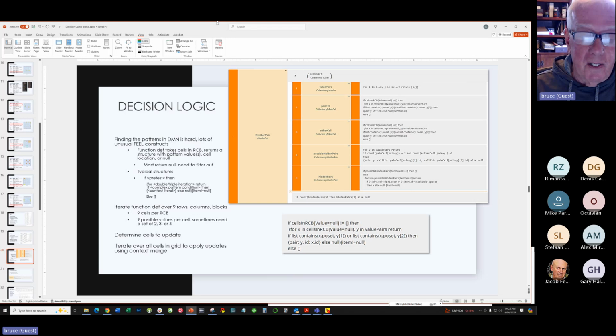In order to return a structure from a single complex condition in a literal expression, we output a context literal, which is a list of key value pairs enclosed in braces, a JSON-like notation, or else null if not found. That's valid FEEL, although I had not previously used context literals. Then we need to filter the whole iteration with item not equals null, since just 1 or 2 items in the iteration typically will return a non-null value. So here you see the function definition looking for hidden pairs,